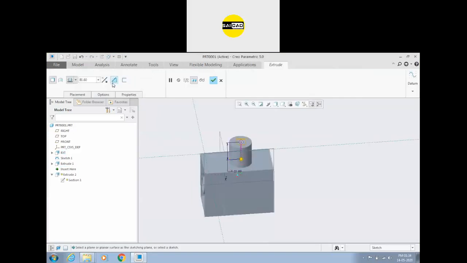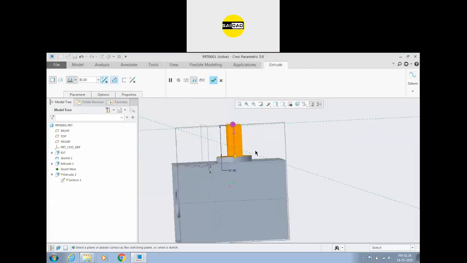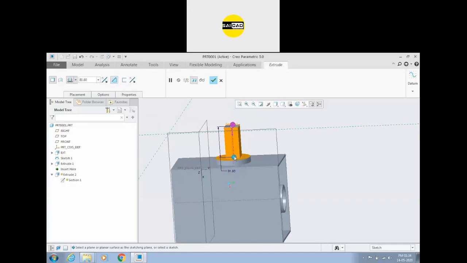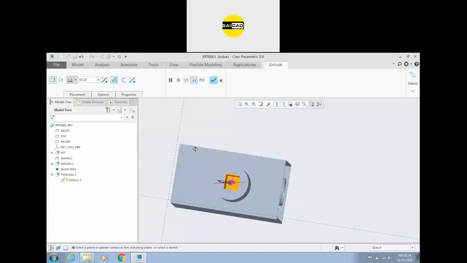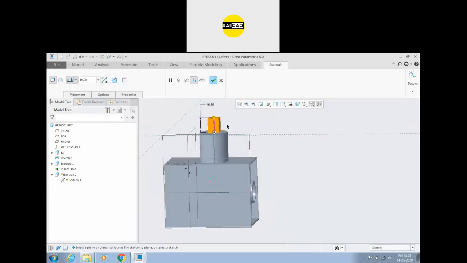If you click here, it will add the material. This is not selected right now. This command is called remove material. If you activate this command and give the direction to the side of material, you can always cut the material like this. If you uncheck it, the material will be added like this.